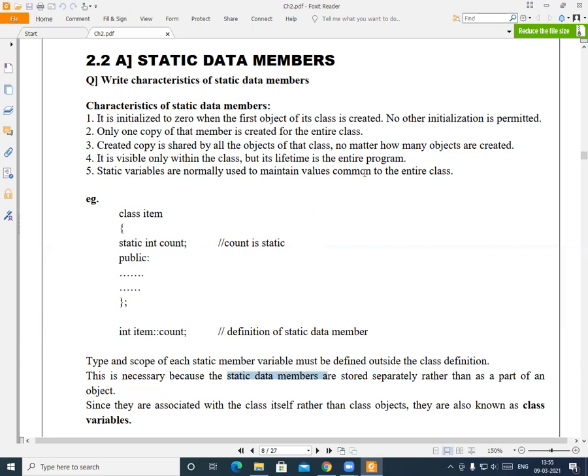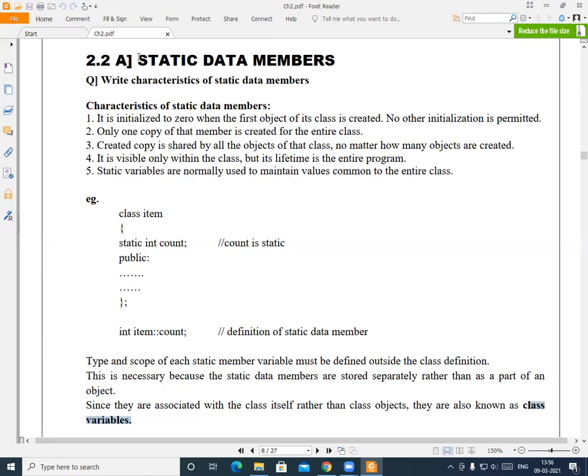They are part of the entire class. Since they are associated with the class itself rather than class objects, they are also called class variables, or class members.